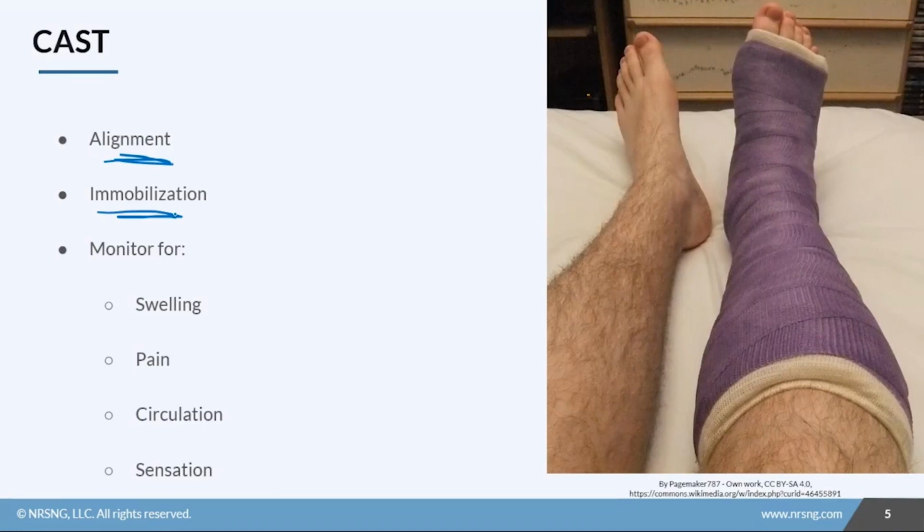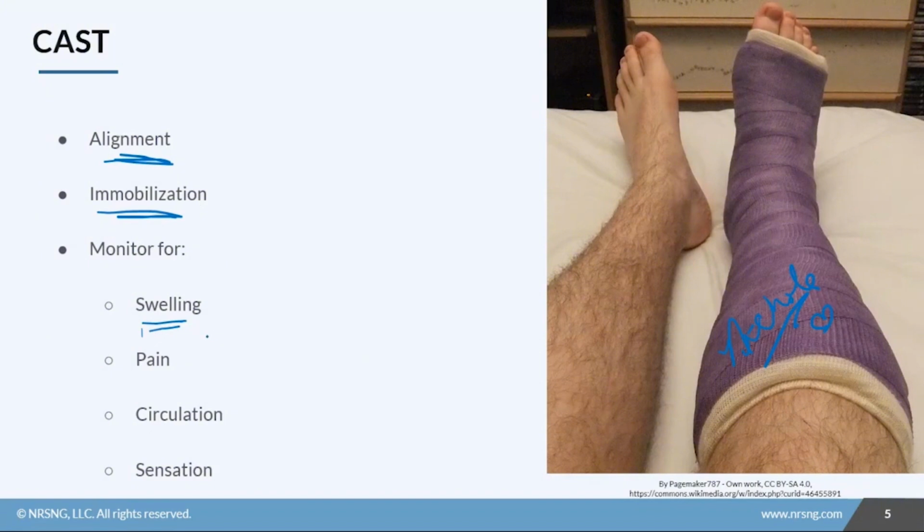I'm sure you or a friend or a family member or somebody you know has had one of these at some point in your life, and I'm sure someone has signed your cast. So I'll go ahead and sign this guy's purple cast. Yay. So when your patients do have a cast, they could have swelling underneath the cast that can cause a